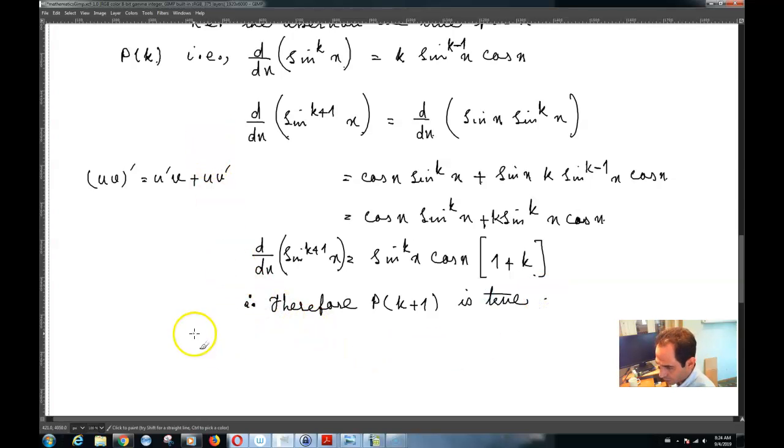So now what we have done is that we have shown that P of 1 was true, P of k was true, and P of k plus 1 is true. That means that P, which is the statement that I wanted to prove, is going to be true for all cases of n. So over here you can write, hence by mathematical induction,